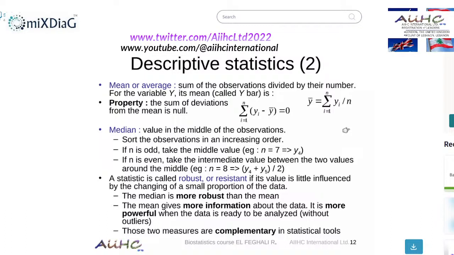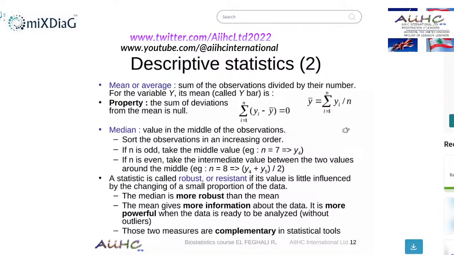It depends. So, for example, at 36 years old, you'll have 500 cops who are less than 36 years old, and 500 cops who are above 36 years old. You can see, this is the median, and it depends. If n is odd, for example 1001, you take the middle value. If n is even, you take the intermediate value. You need to order them from the smallest age to the highest age, and then you take the value in the middle, which will split the sample into